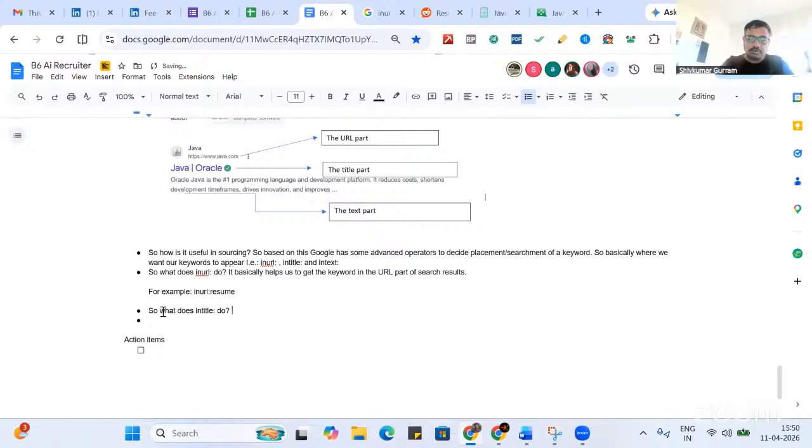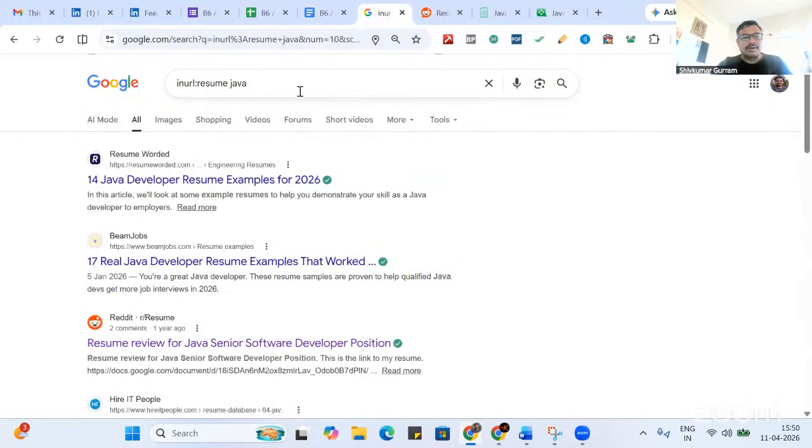So what does in title do? It searches for the keyword in the title. Exactly. So it basically helps us to get the keyword in the title part of search results. Okay. So in URL resume, Java space in title